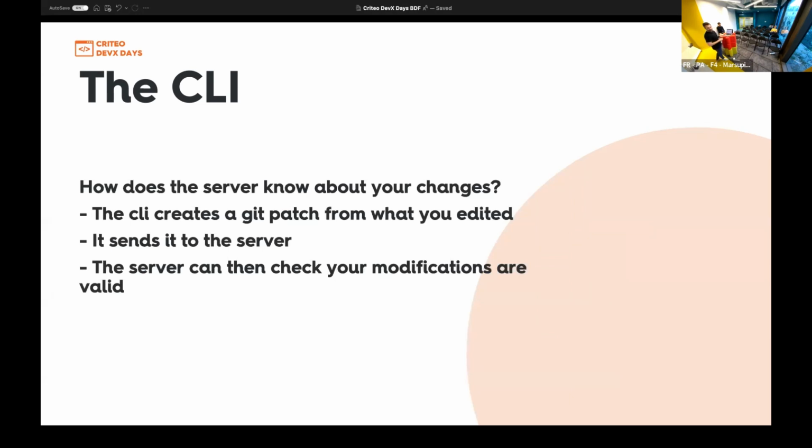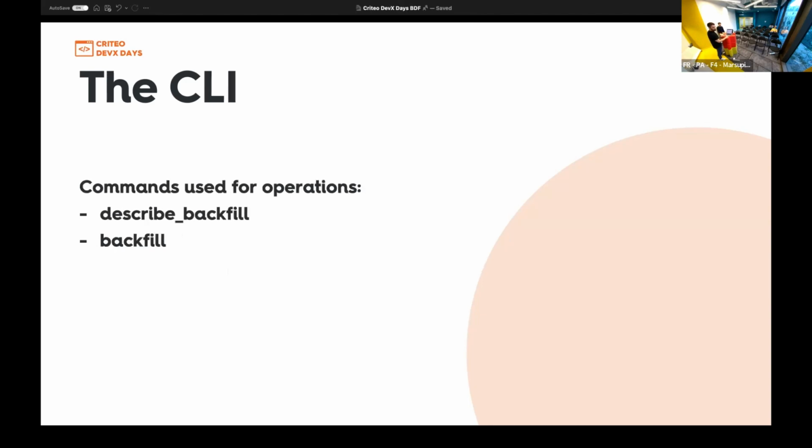Why do I talk about that? It's because if you want to interact with the BDF server, it has to know the current state of the code you have on your local machine. To do that, the CLI will create a Git patch from what you edited and send that to the server, so that the server has your local version of the code and can perform its tests. There are other commands that can be used for operations, like describe backfill and backfill, in case you want to regenerate